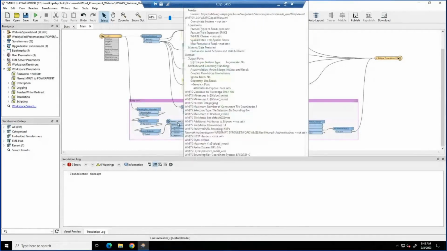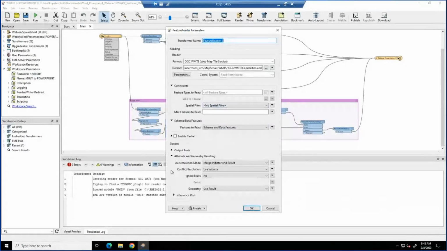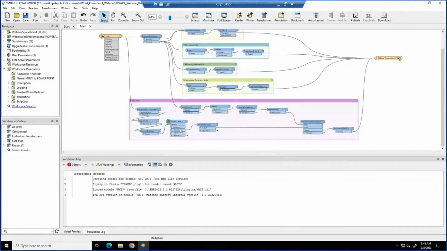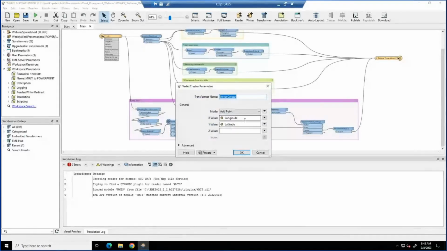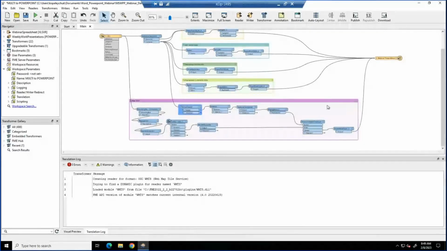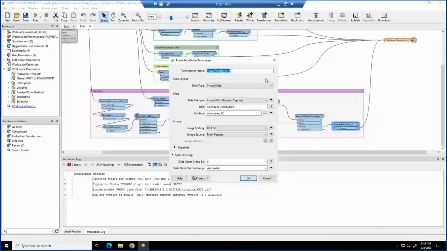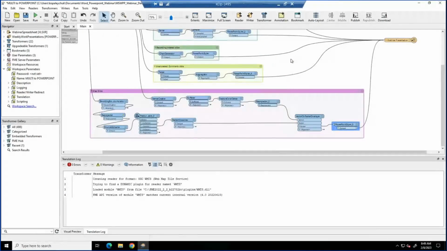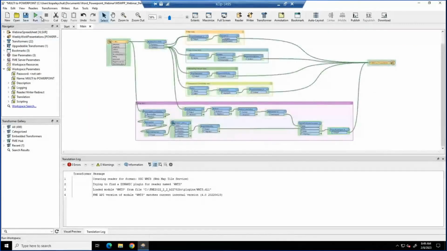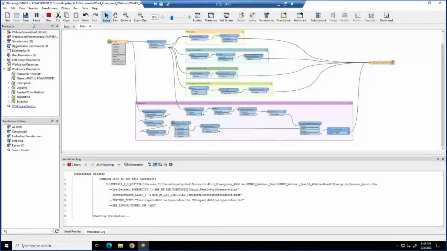So down here, we're getting 2 feature types from our reader for the GML and Excel. But because we're reading in our WMTS, we're actually going to need to use some conflict resolution parameters from here so that we can preserve the 2 feature types coming from the reader, but use the geometry from the result feature. Once we have our data in and we have a raster on each feature, we really just create the points for our attendees using the lat long value in the spreadsheet, and we can overlay it. Once our map is configured, then we can just add it with a caption to explain what's going on. And we can take a look at the result.